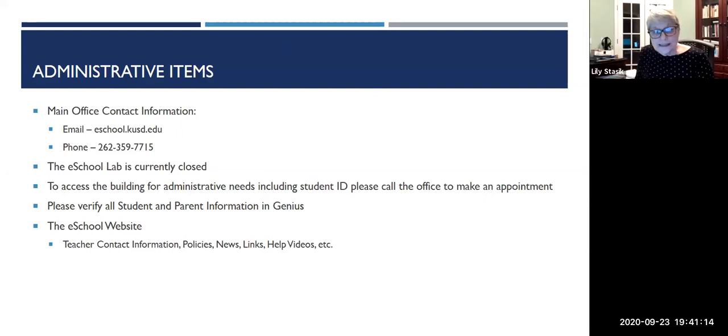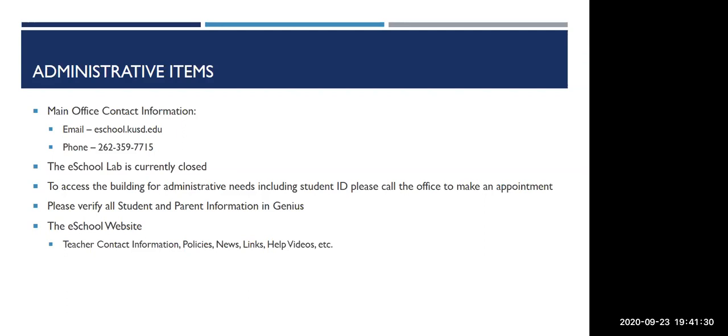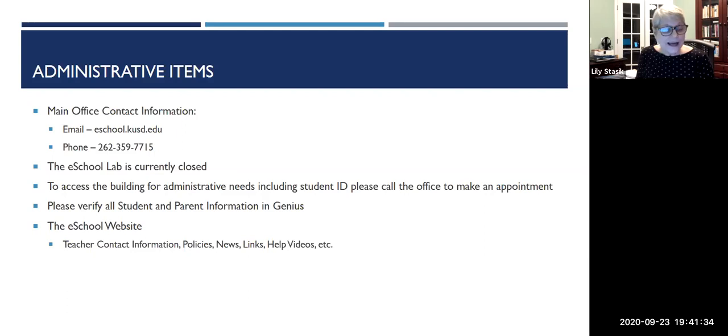If you do need to access the building for any reason, you may need to come in to pick up a textbook, or if you haven't gotten your student ID yet, you may need to bring some signed material into the office. You'll need to give the office a call at that main number, the 359-7715 number, and make an appointment to come in.